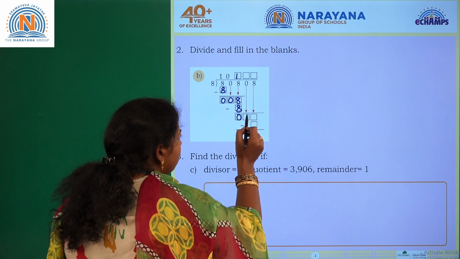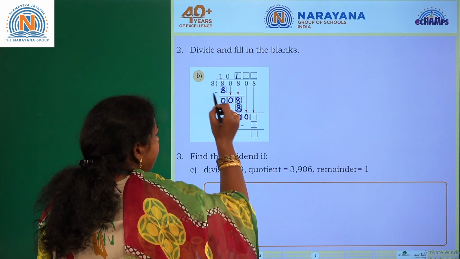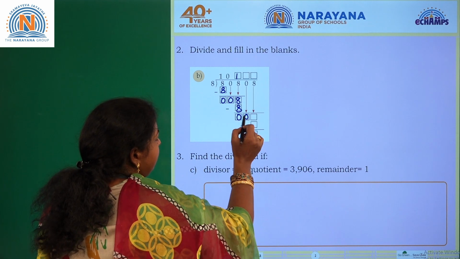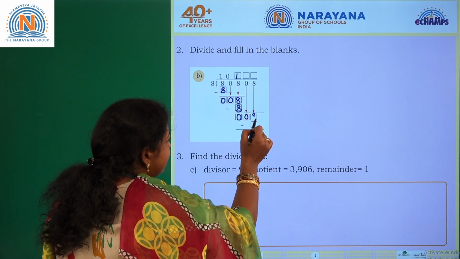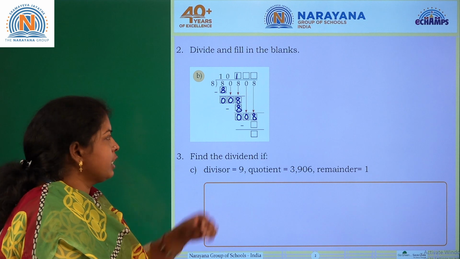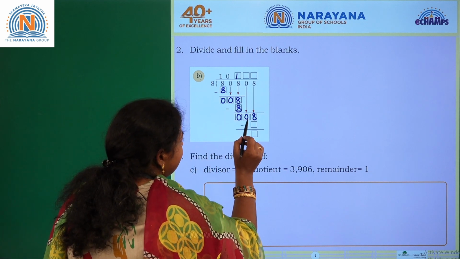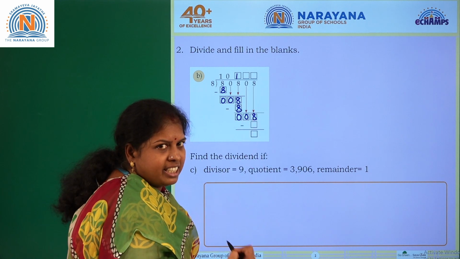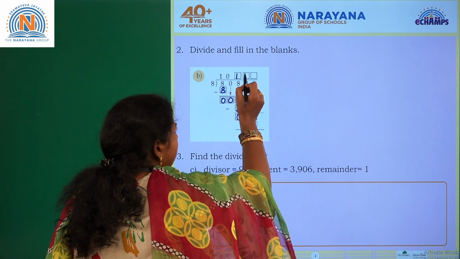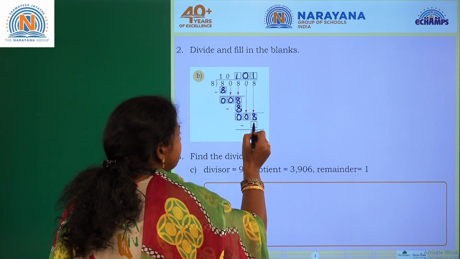So let us bring down that 0, and next you cannot subtract, simply 0 you cannot consider, right? So you have to consider the next digit, that is 8. Let us bring down 8. That means you have to place one more 0 here, and then you will get 8 ones are 8,